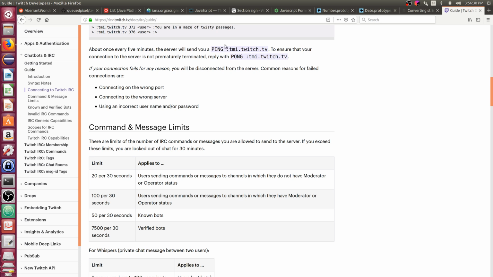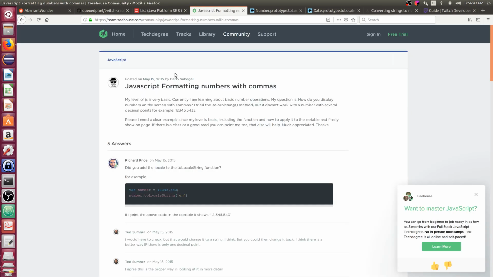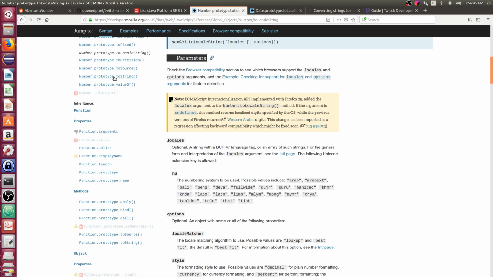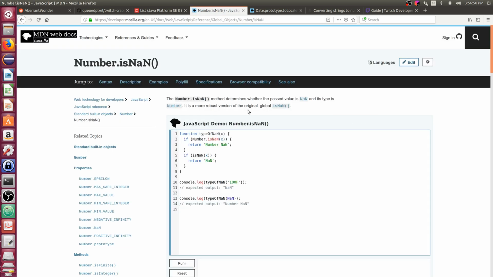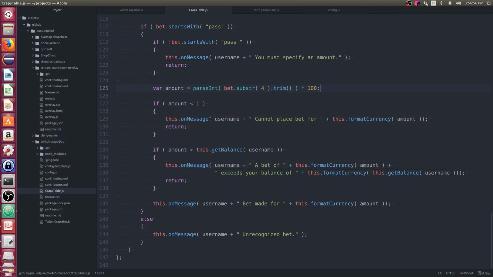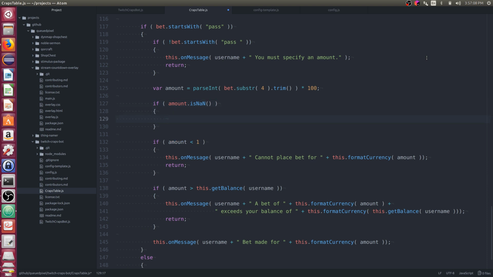Yeah, so we've got a bunch of junk that's open here. Let's see if I can clear out some of this. I have Number.prototype. Number.isNaN. There we go. Let's see. If amount is not a number, we get a complaint. Let's do something here.